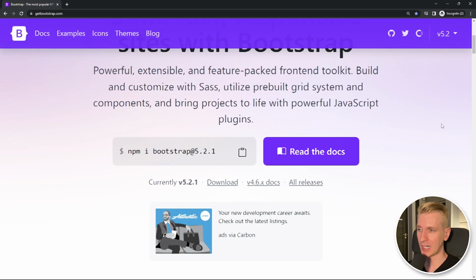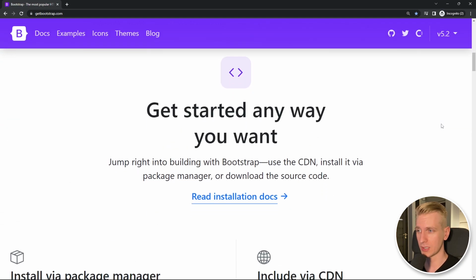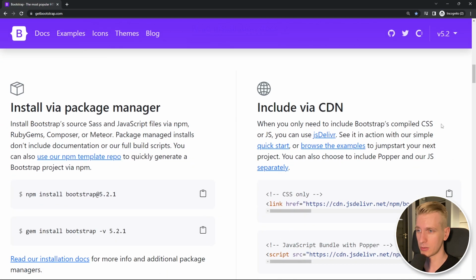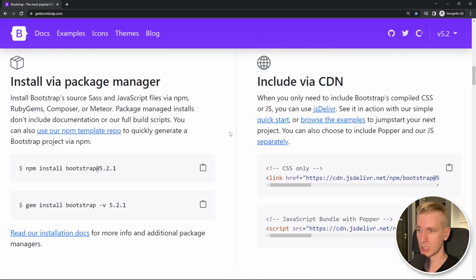Okay, now secondly, how to include Bootstrap in your project. So we will go through this, of course, but just to quickly show you, there are two options. So option one is with NPM and Node.js, and this will give you more fine-grained control because you get access to the actual source code of Bootstrap. So for example, if you use btn or btn-primary, that will give you a blue color. If you don't want to get a blue color for btn-primary, you have to go into the source code,